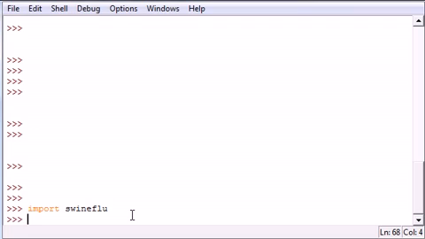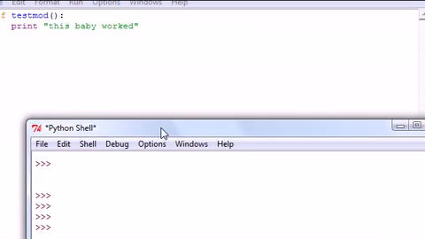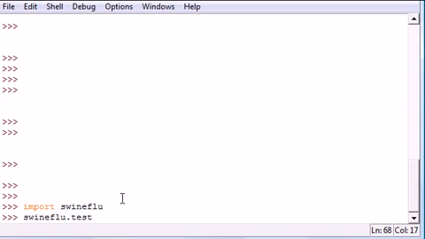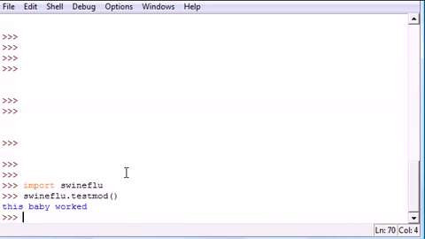Now let's go ahead and see if it worked. Once you want to call a module, you need an object to call, and the object is actually the name of whatever file you imported. So instead of having to create an object and set it equal to your modules, all you have to do is write the name of the file, which was swineflu, and then write whatever module you want to call. So mine was named, what was mine named actually? Test mod. So you put swineflu.test mod, I almost forgot it already, and go ahead and press enter,